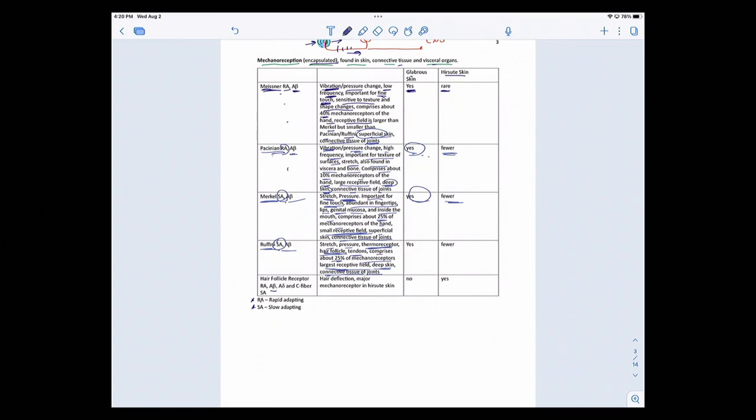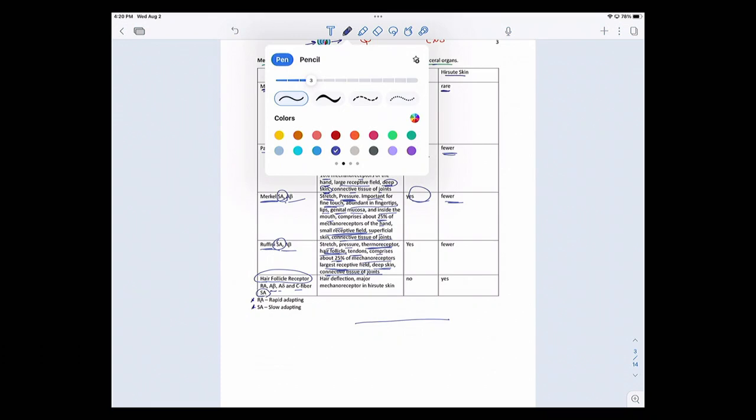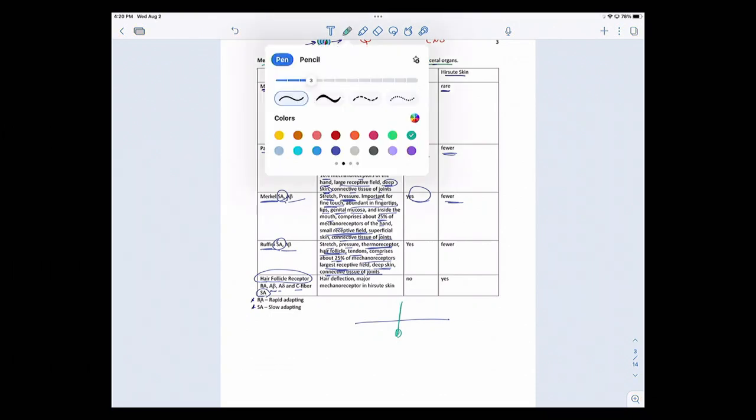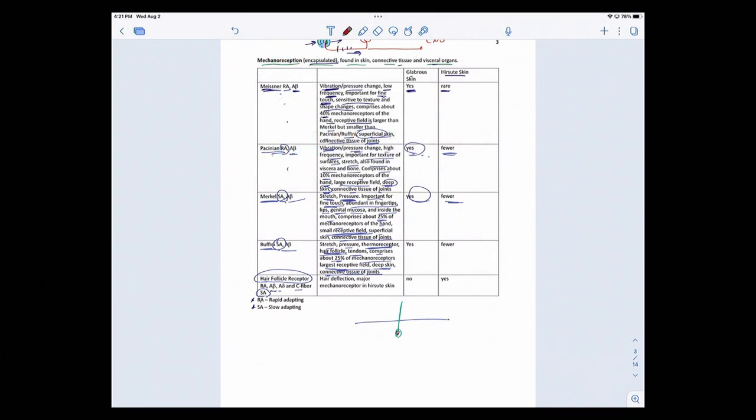Lastly is going to be the hair follicle itself. Now the hair follicle innervation is a little bit complex. You've got multiple fiber types that are associated with hair follicles: A betas, A deltas, and C fibers. These are slow adapters. So again, let's draw skin here, and then suppose you have a hair. So I have a hair follicle here, and there's my hair. So what you're going to have is a neuron that's kind of wrapping in there and then comes out and is communicating to the central nervous system.